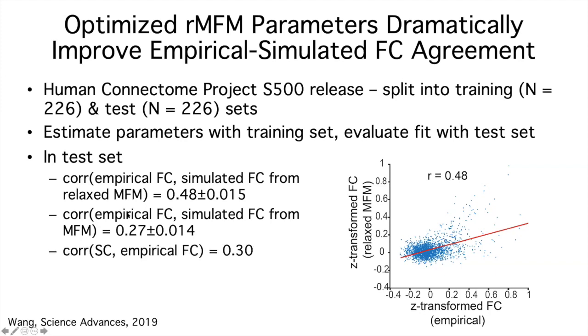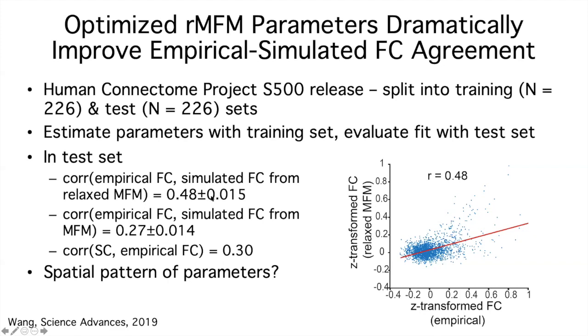And if we simply correlate the structural connectivity and the empirical function connectivity, the agreement is actually 0.3. So this means that there is a baseline agreement even if your model does nothing, because if you correlate structural connectivity and the empirical function connectivity, you get a correlation of 0.3. So essentially the original mean view model is basically not doing much. This is an important control condition, but many papers still do not report the correlations between structural connectivity and the empirical function connectivity.